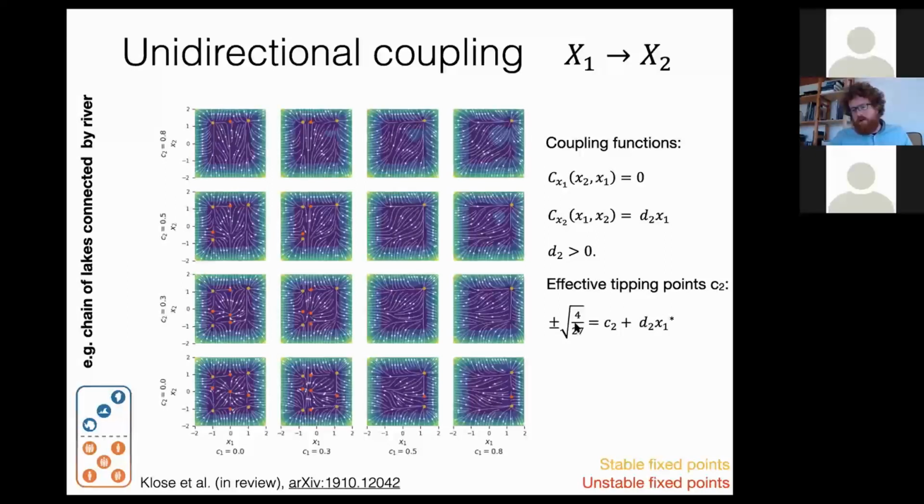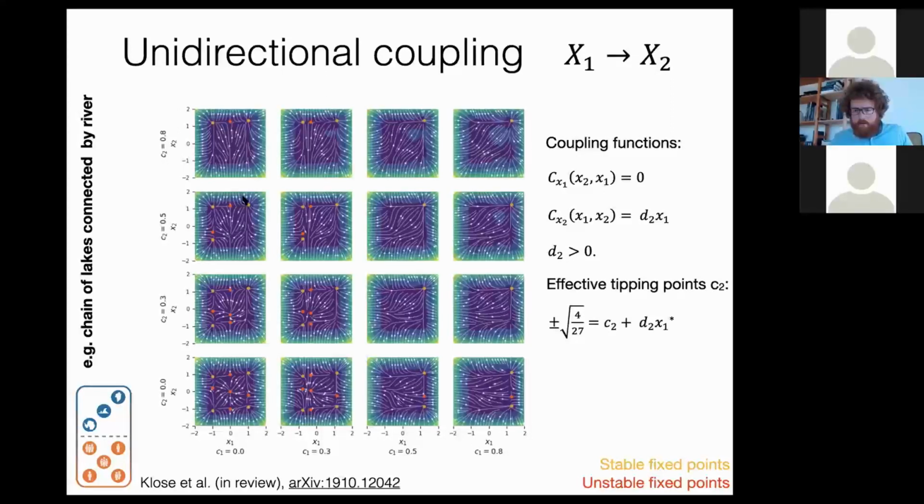actually effectively smaller than this square root 4/27, because here the coupling is positive. So you have to subtract d times x1 from this value. And so this means that the second system can tip earlier than it normally would due to this interaction. So in a certain sense, the tipping of system 2 is facilitated, is amplified by the tipping of the first element. And the pictures shown here are the phase-space flows for different values of the control parameter,